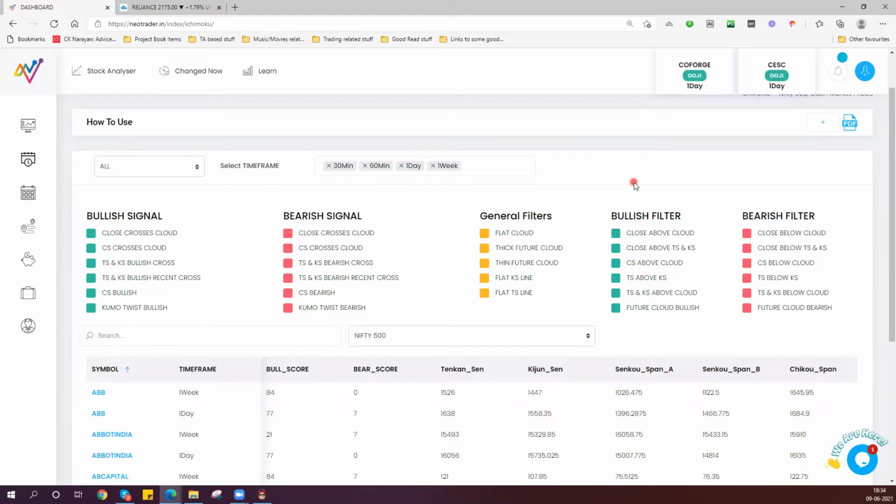Some such mixed picture will exist. So now that gives us a very good idea about what to expect for the stock. Now it should be very obvious that when a stock is bullish, that is all 6 criteria met in all 4 time frames, that is the most bullish stock, right? And if you have something which is meeting all the 6 bearish criteria in all the 4 time frames, then it means that that is the most bearish stock.